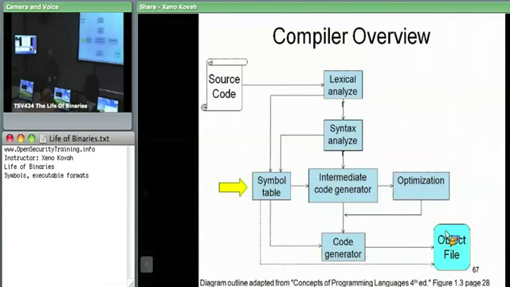And that's why, and actually, I think that's in the next stage as well. So the symbol table, which I put this little dotted line here, ultimately can find its way to the object file. And the information which finds its way into the object file is specifically there to help the linker go find stuff for it. So it's one, to help the linker find symbols which are undefined within the given object file,